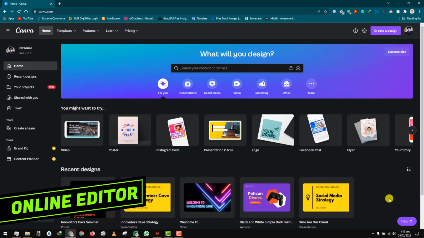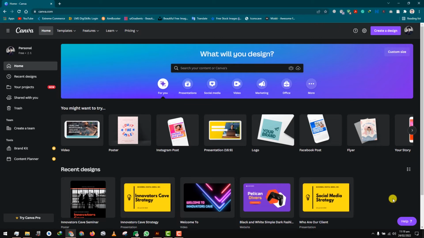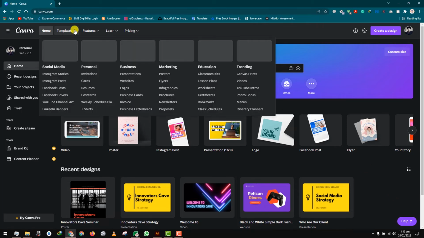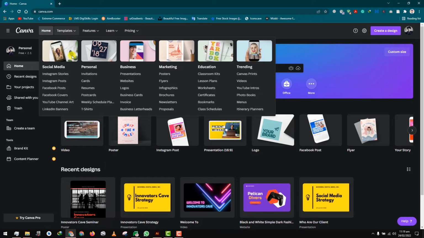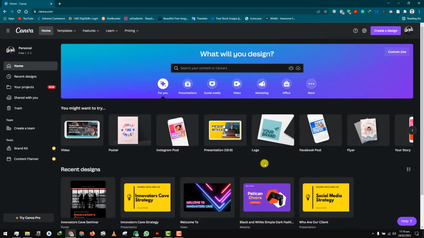Sometimes new graphic designers can find it very hard to understand the designing software such as Photoshop or Illustrator, let alone use them. The website that I'm about to show you is called Canva. This site is not just a graphics elements website but a complete online editing software in itself. Canva contains thousands of graphic templates that you can not just download but also edit as well. You don't need any software to use Canva, and trust me, you don't need to become a professional graphic designer